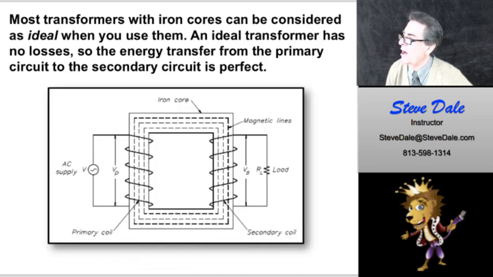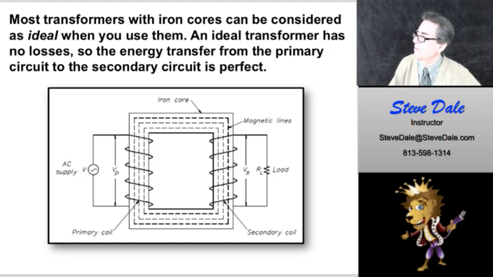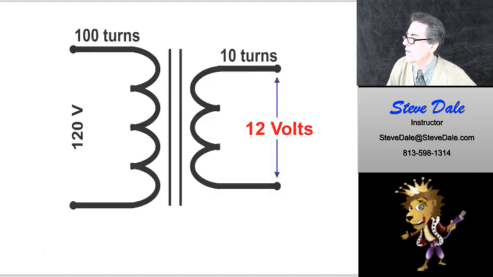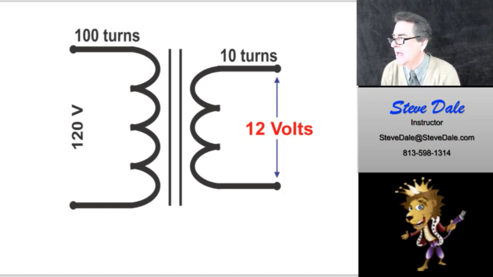So most transformers with iron cores can be considered ideal when you use them. An ideal transformer has no losses, so the energy transfer from the primary circuit to the secondary circuit is perfect. What you need to know for the exam regarding transformers is that you have a primary side, and for a